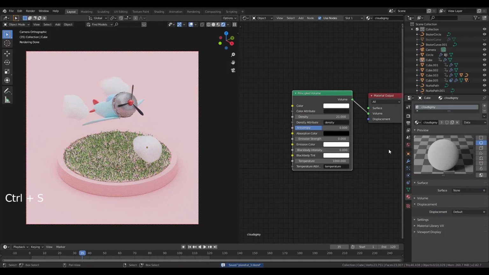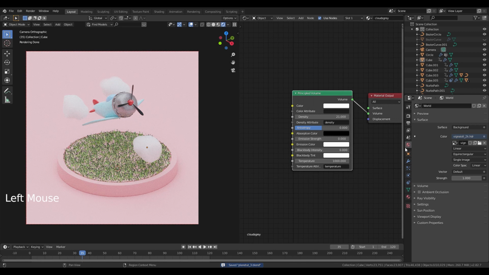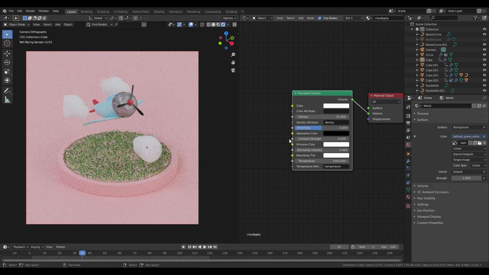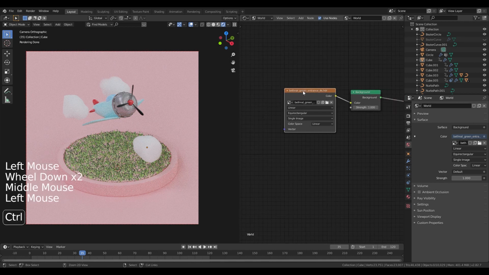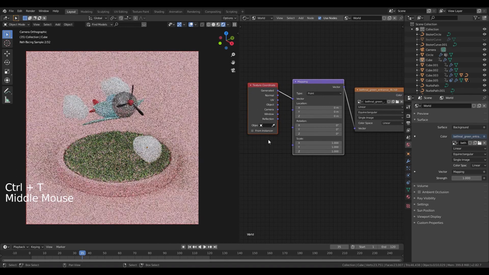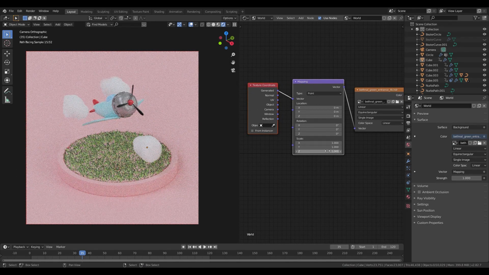For the last actual thing, I will be changing just a bit the lighting. So this is just my, say, not primary lighting, but with this I'm just checking what's happening. I'm going to choose a different, let's say a different HDRI, maybe something like this. And now HDRIs, if you want to manipulate them, you can go in the top box over here, change from object to world. Click on your image texture, Control T, and this is going to add a texture and mapping